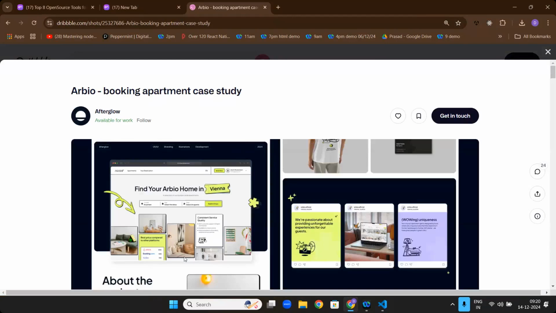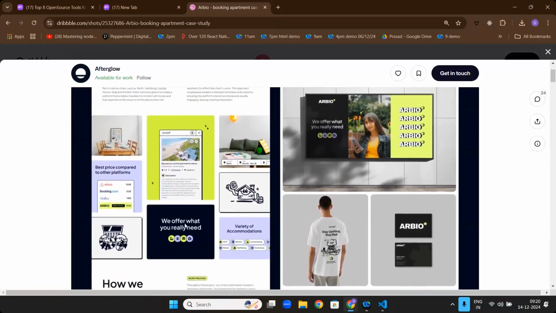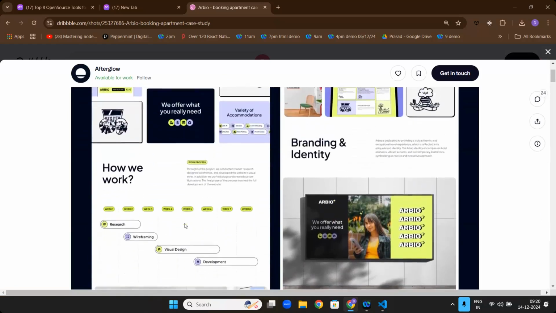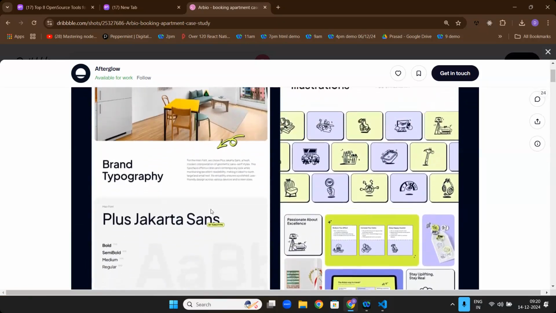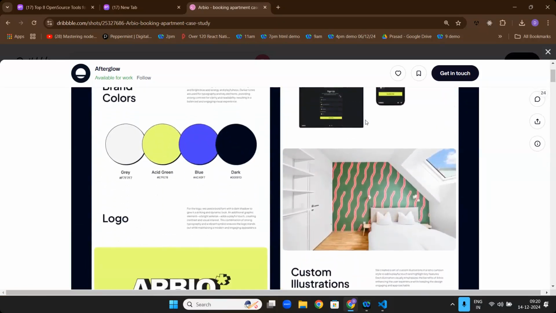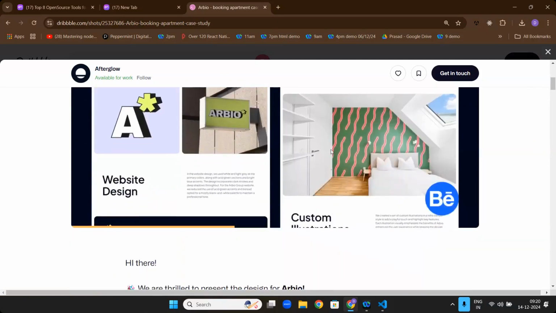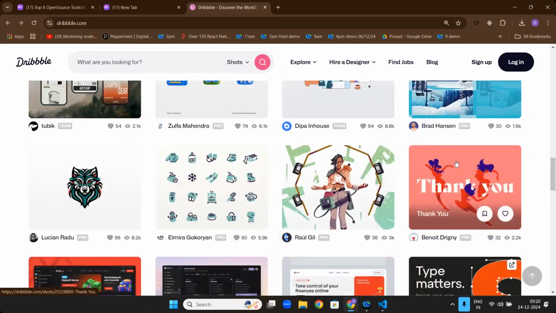Whenever I'm free, I check these designs because they make me think, okay, these kinds of things can be done. These kinds of things are beautiful to show. See the color combinations they make and the images they put, it makes it something artistic. Like if I go for some kind of